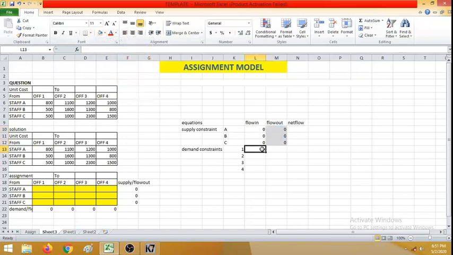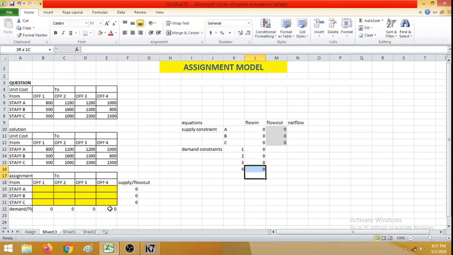Fine. Then for the demand constraints 1, 2, 3 and 4, that is office 1, office 2, office 3 and office 4, they have flow ins. So what are the flow ins? So it is equal to flow in of office 1, equal to flow in of office 2, equal to flow in of office 3, equal to flow in of office 4, right?